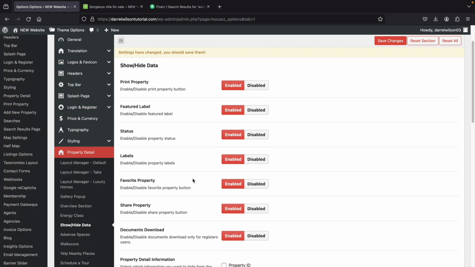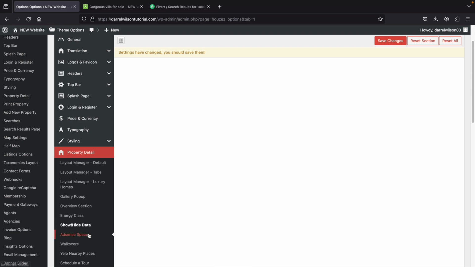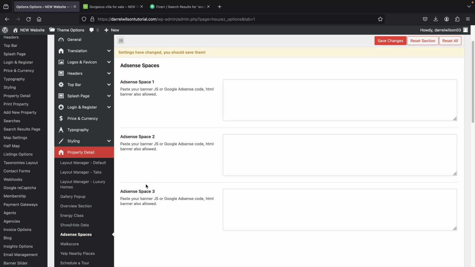Here we have show hide data. You guys can choose to hide specific things like print property or status or labels, or you can even get rid of favorite property. So you guys can turn these on or off for the actual properties. AdSense spaces. If you guys want to turn your website into a spammy website and put ads, this is where you're going to put the advertisements, or you're going to put the HTML code, and then it'll propagate ads on